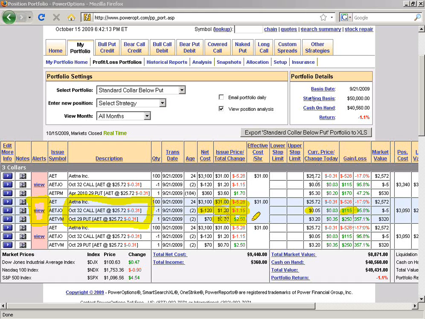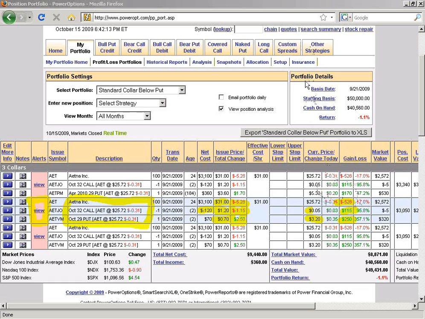We're long the put, which has moved up from $7.30 to $3.20, so we've also gained $250 on the put. Hey, that looks pretty good, right? The put gained value, our call gained value in our favor, but what's the problem? We've lost $528 on the stock itself, okay? So before we move any further there,